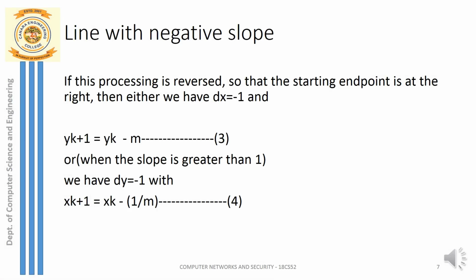There is one last special case where the slope is negative. That is the fourth case. So when the slope is negative, all you have to do is reverse the equation. So how do you reverse the equation? It's nothing but this way. When dx is negative, you're supposed to take the equation this way. When dy is negative, you have to just take the equation this way. That's the reverse of being positive.